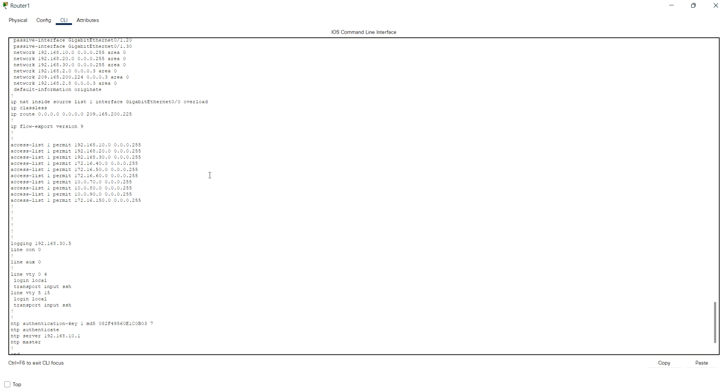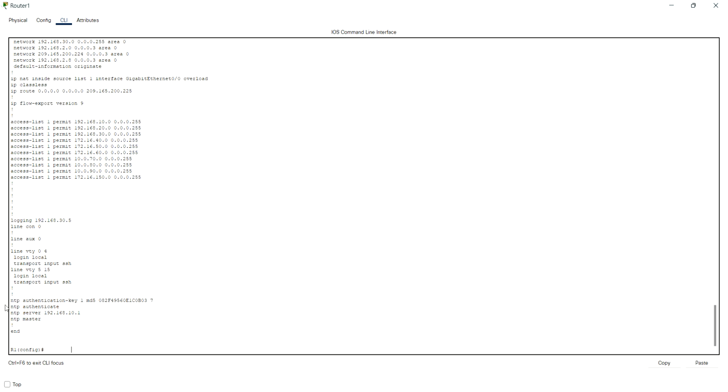We set the clock. And we set the NTP authentication key and encrypted it, as you can see here, MD5 encryption. And then we did NTP authenticate and NTP master. So you can see here the master server command, and that